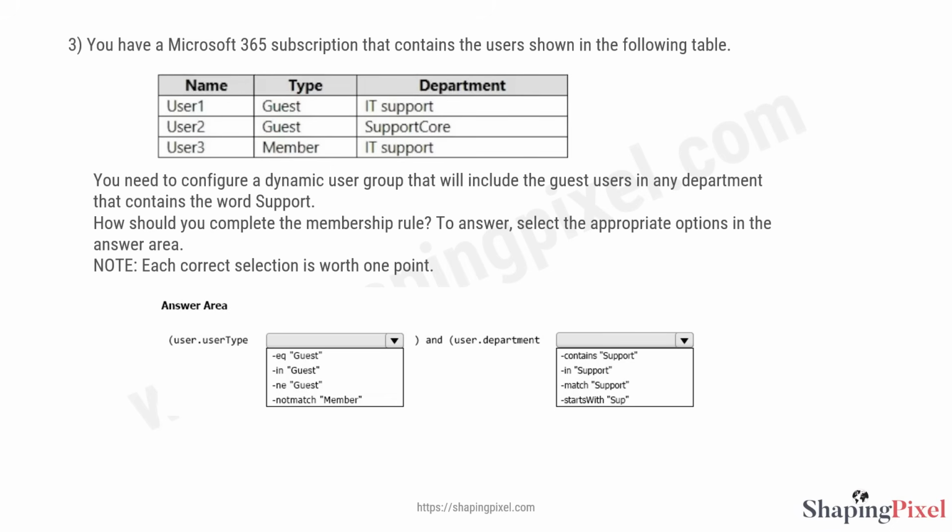Each correct selection is worth 1 point. So you have the answer area. So let's see the solution. So the right answers are